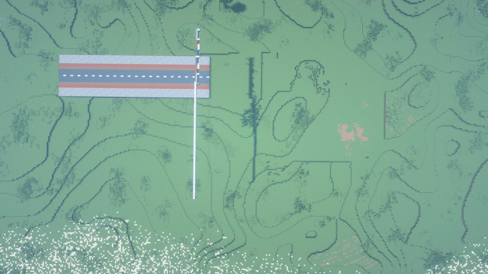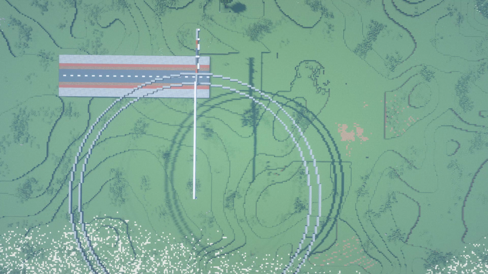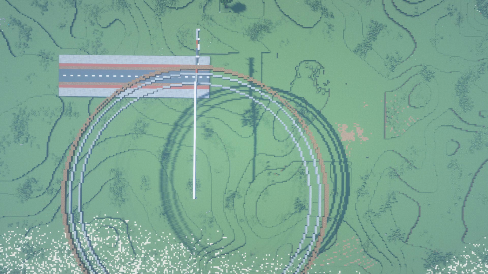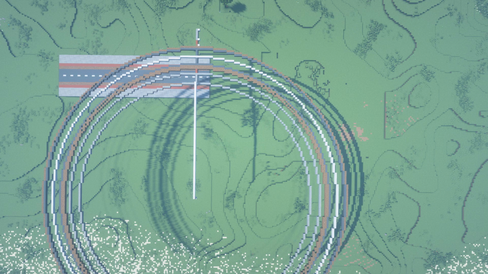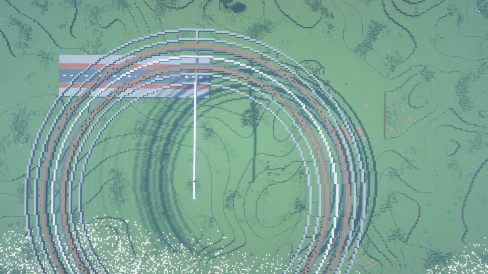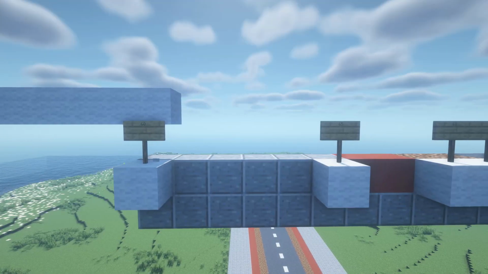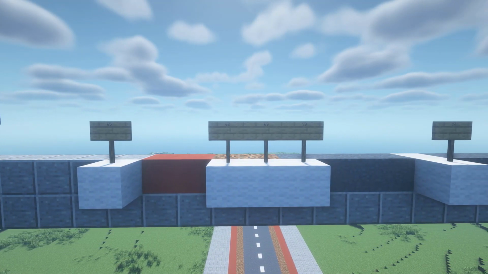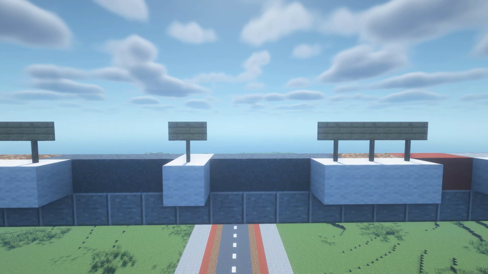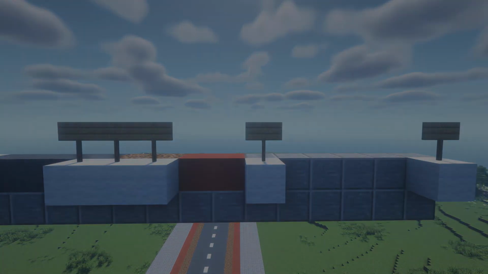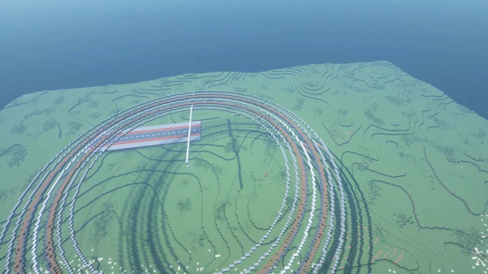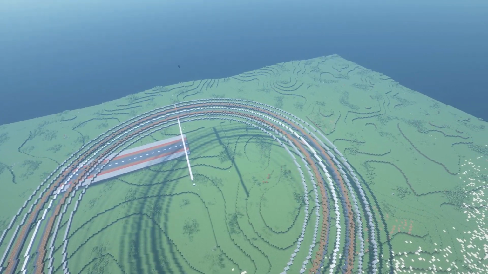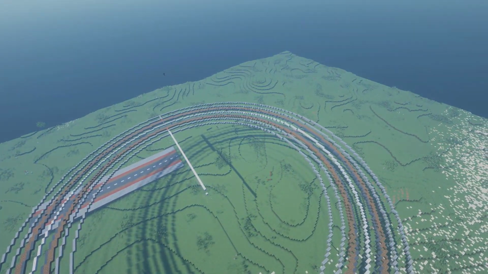Now do a circle for each segment. For the next curve's radius, just add the distance to the next segment. In my case, that would be 10 circles with the radius 65, 68, 69, 70, 74, 78, 79, 80, 83, 88. I usually write down those numbers so I can keep track of them. As you can see, there's a lot of lines going everywhere, and that's why I also build my roads in the air before pasting them down on the correct Y level.